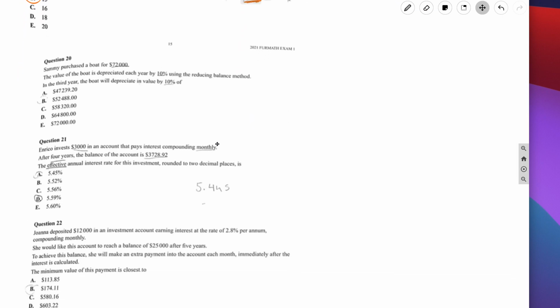Sammy purchased a boat for 72,000. The value of the boat is depreciated each year by 10% using reducing balance. In the third year, the boat will depreciate in value by 10% of what? So that is 10% of V2, basically. So we know that it starts off at 72,000. It then times us by 90% or 0.9 to get to the next year. So this was V0. So at the end of 1 year, it's going to be that. At the end of 2 years, it's going to be V2. So times that by 0.9. And then in the third year, the boat will depreciate in value by 10% of